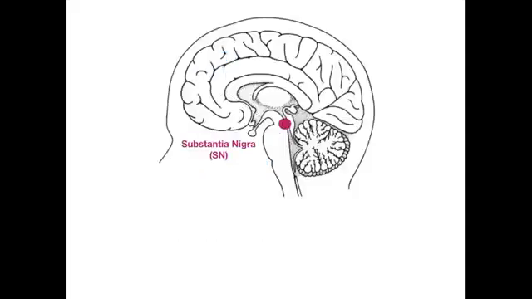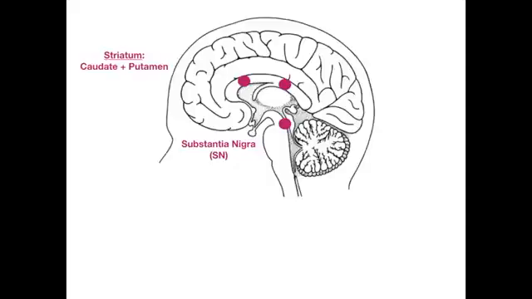Now let's talk about our next pathway. So now we're going to start with the new dopaminergic cell body that actually starts in the substantia nigra. So basically, what we're talking about now is the nigrostriatal pathway. The nigrostriatal pathway is responsible for the coordination of movement, and there are dopaminergic cell bodies arising in the substantia nigra that project to something called the striatum. And the striatum is composed of multiple structures, but specifically, we're talking about the caudate and the putamen.